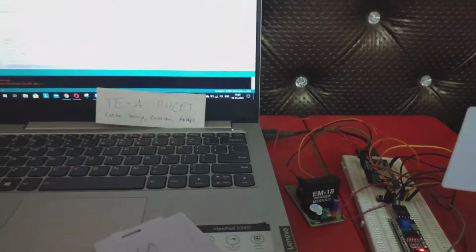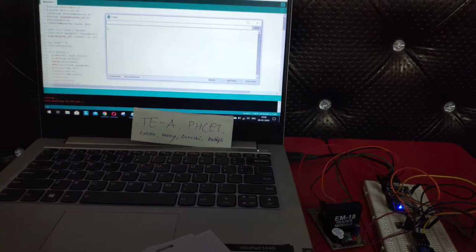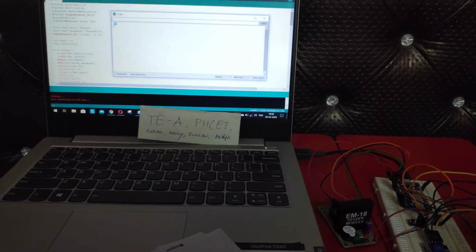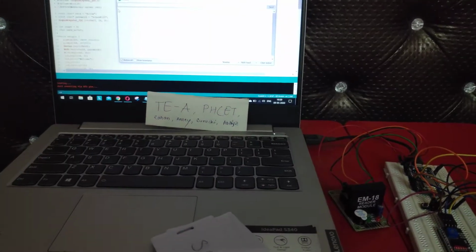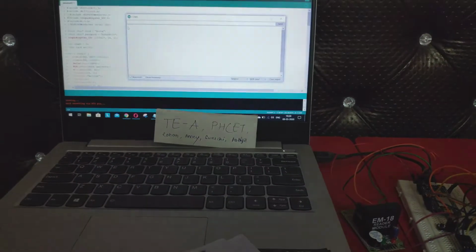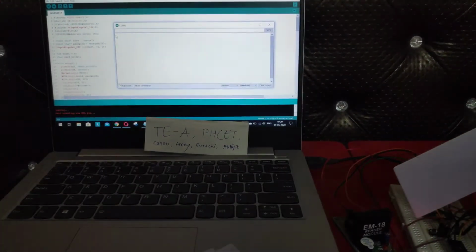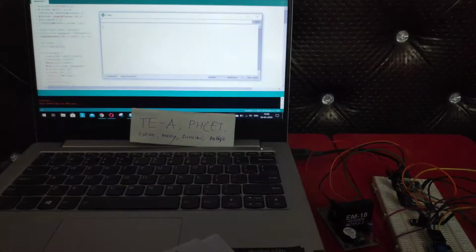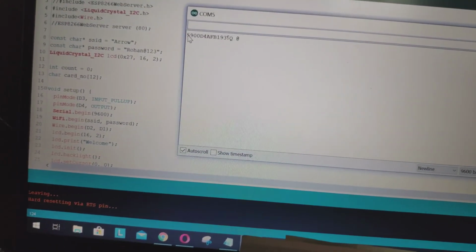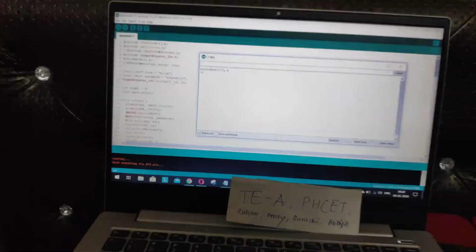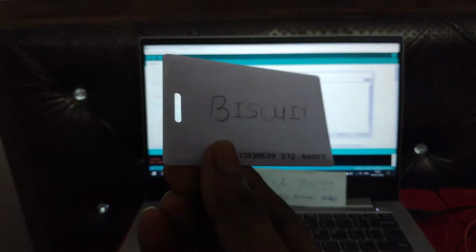We have to swipe once only, because one swipe means the product gets added, and two swipes means the product gets deleted, that is removed from the cart. So here we can see that the 12-digit unique code has been inserted. We have scanned the first item, the biscuit.